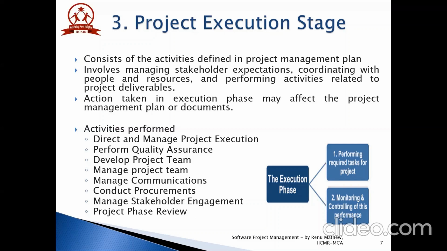During this stage, experts' judgment, meetings, and reporting the key performance indicators are of prime importance. Performing quality assurance is a process of auditing the quality requirements and the results from quality control measurements. Various tools like control charts, cost-benefit analysis, flow chart, run charts, scatter diagrams, inspection and reviews can be used for this purpose. The main inputs are project management plan, quality metrics, quality control measurements, work performance information, and the output of this are change request, project management plan updates, project document updates, organizational process assets updates.